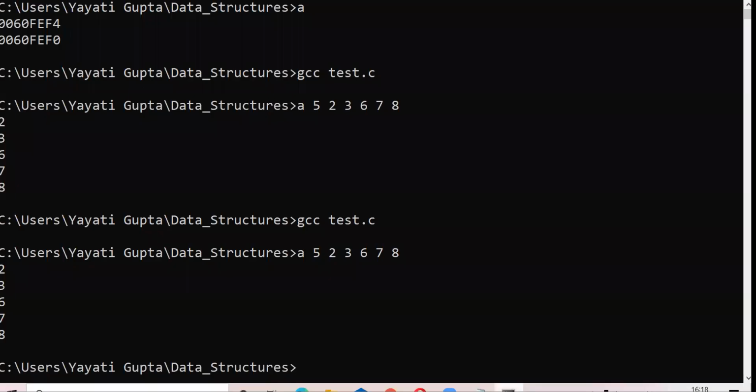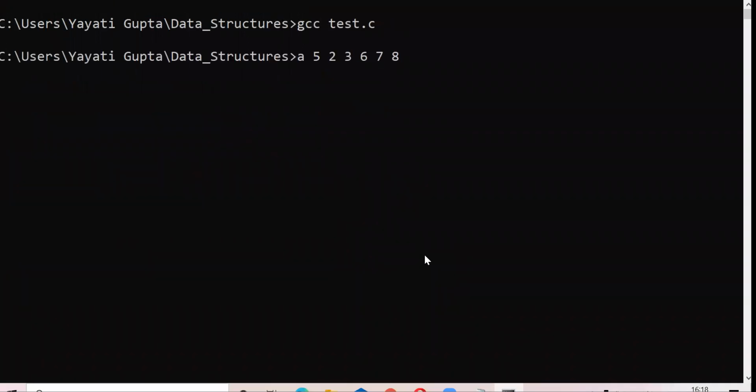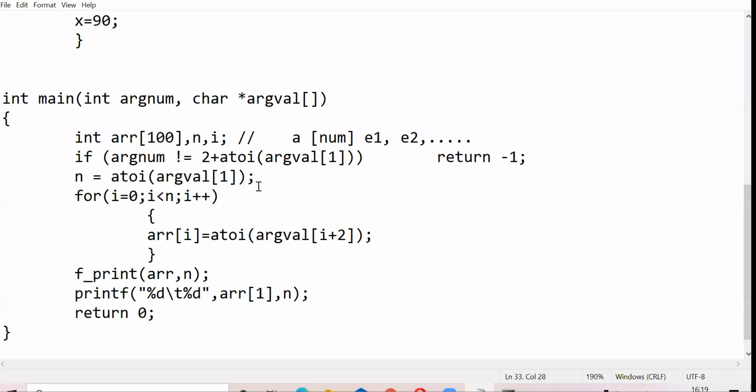Let's just execute it. You see what just happened? Your first element of the array has been changed from 3 to 1000. However, the value of N remains the same. So that is the difference when you perform this call by value.